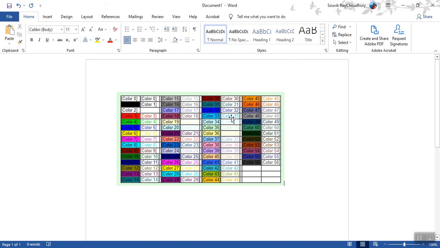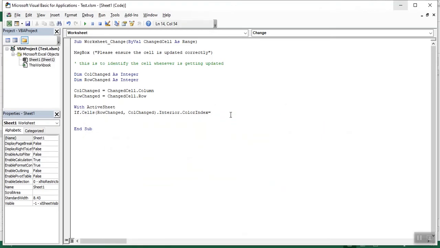You can choose any color, whichever is your favorite, and add it if you want. However, I want this color to be 44. I would like it as yellow to highlight work in progress. So I will write yellow.